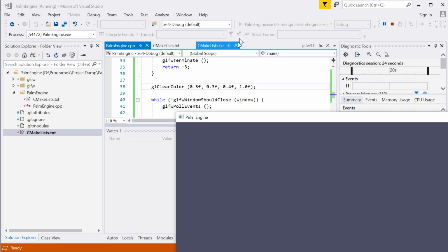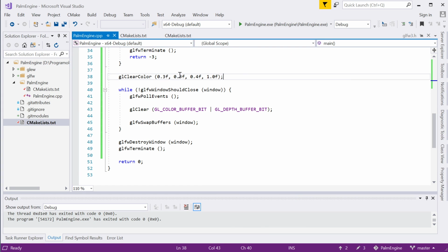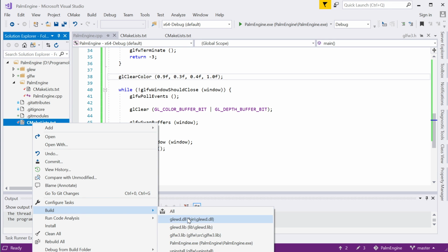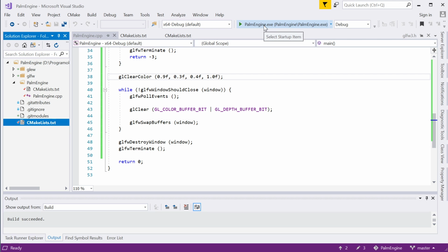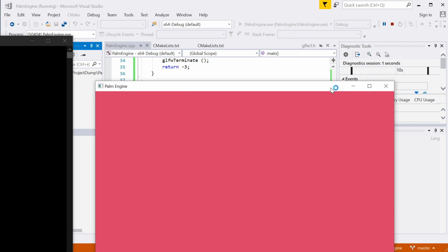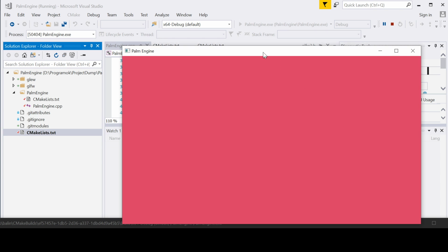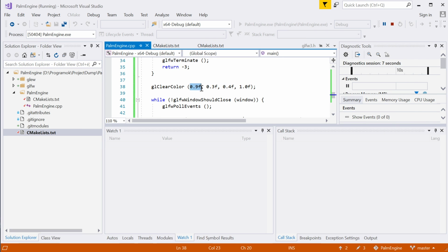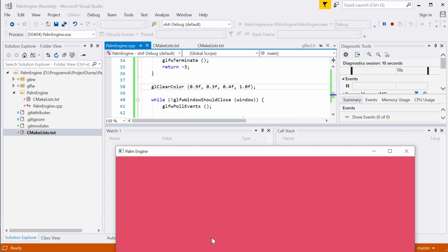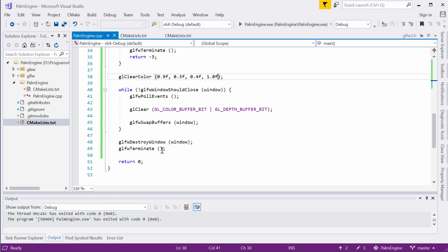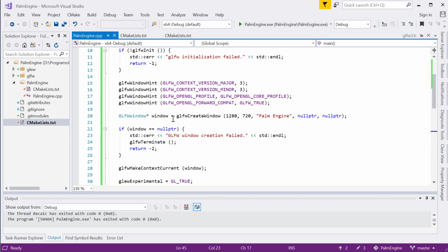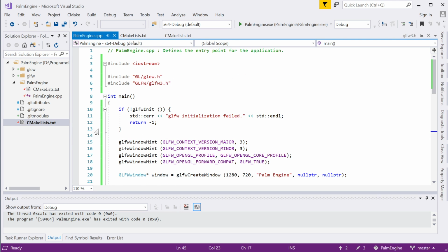If I close this application and change one of these values to 0.9 and build that once again and start it once again, then you will realize that this is now the new background color. Again, these are the ones that specify the color and whatnot. Okay, so this is kind of the basic bare bones of how to create a GLFW context window, and we